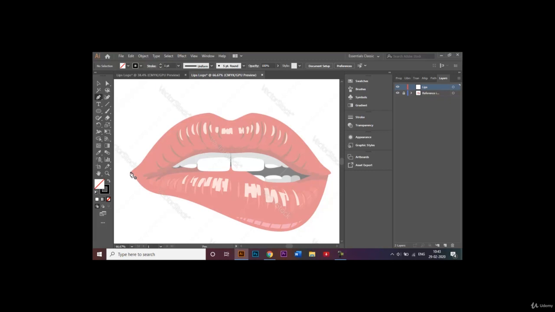So let's first make the basic outline of our shape. Another thing is that you can get these images on Google. Just type in lips vector and you'll see a lot of similar images. Feel free to use the same image or a similar image as well. Okay, so let's go ahead and trace our